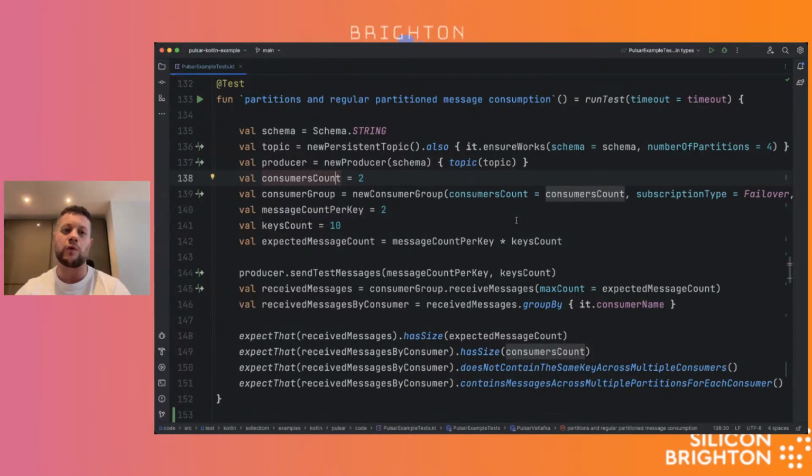Now, you might ask yourself why, right? If I'm just putting messages in a queue, why do I want this kind of behavior? Well, this behavior is actually extremely useful when you want to do in-memory processing, because one of the problems with synchronous request or REST microservices is that if you have, say, an auto-scaling group in Kubernetes with multiple REST microservices, you have no guarantees that updates for the same business entity, for the same user, the same customer, the same account, whatever it is, will reach the same instance.